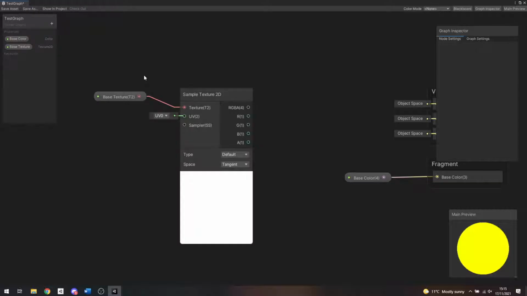And there's a lot of inputs and outputs here. So we've of course got our texture that we've just input. But we've also got two other inputs, one of them is called UV, and one of them is called Sampler. And there's a couple of options at the bottom, and there's a lot more going on with this thing. So just to very briefly go over what they all are, the UV is the texture coordinate. So the way that sampling textures works. Sampling is the process of going into the texture's data and picking the correct pixel to apply